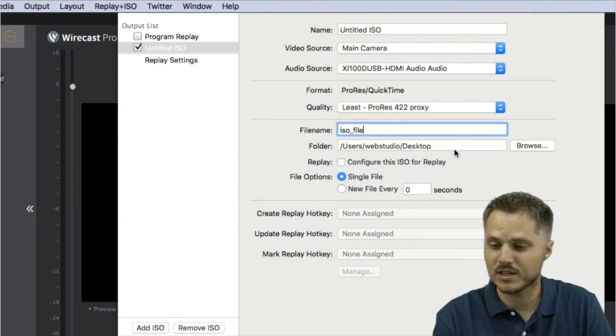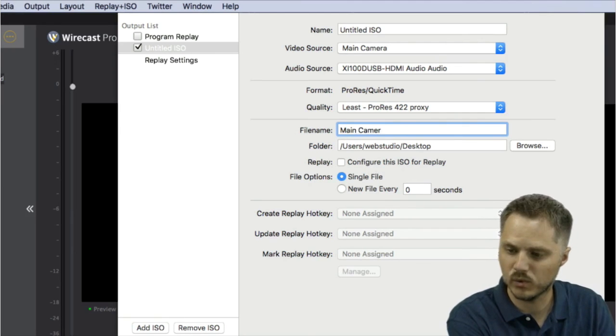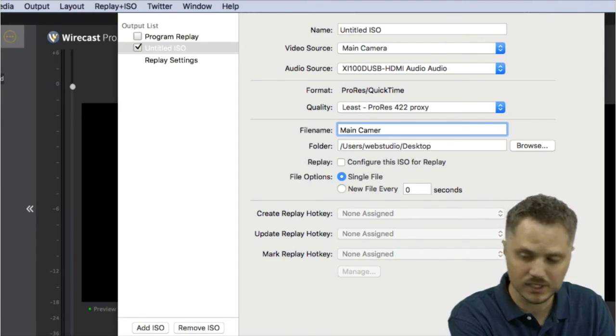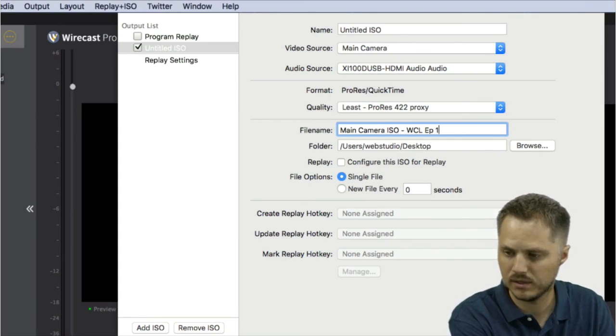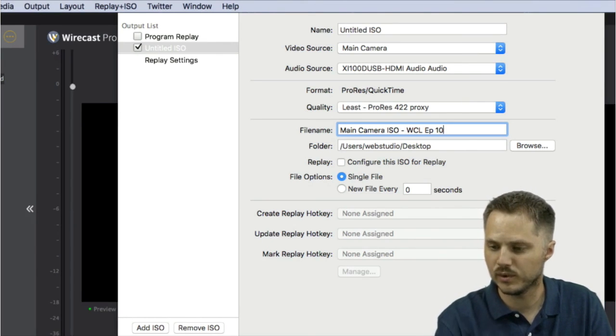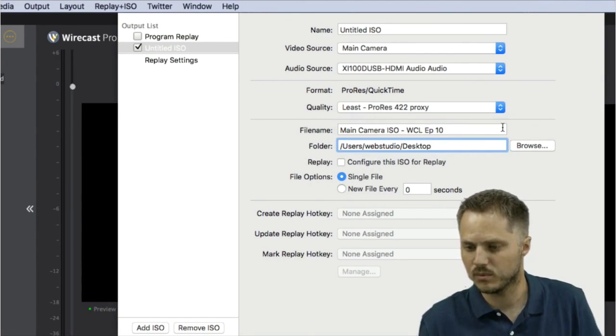And keep that in mind. If you select the desktop and when you change the name, you didn't hit return or tab, sorry, not return, tab. ISO, Wirecast Live, episode 10. So here, it's still blue, right? So even when I just hit the browse button, I didn't actually take these changes. So you have to hit the tab key. That's just a peculiarity of the way we've implemented this. But I'll ask that to be fixed at some point.